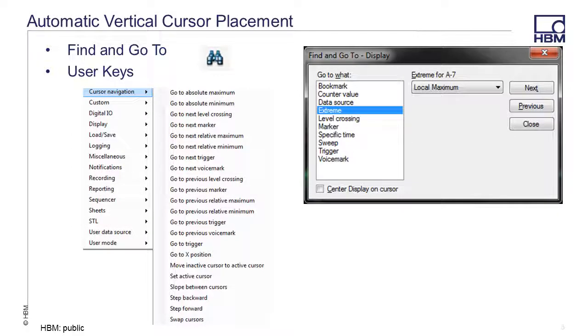The Find and Go To dialog is opened by clicking on the icon pictured here. It looks like a pair of binoculars. The dialog allows you to move the active cursor to a point of interest on the active trace. The checkbox at the bottom of the dialog allows you to automatically have the display centered around the cursor after it is moved. You can find a local maximum or minimum, a specific time, a level crossing. There are many options. You can use the Next and Previous buttons in the dialog to step through the points of interest. For example, if you find a local maximum, you can click Next and it will take you to